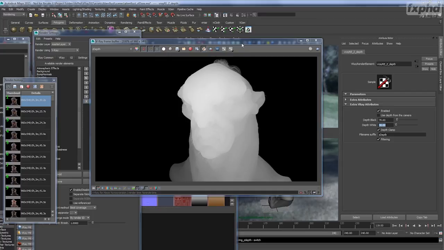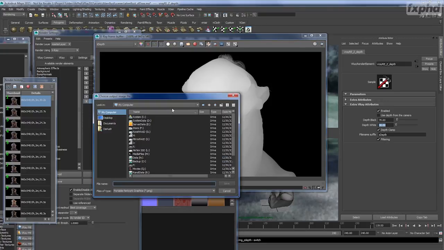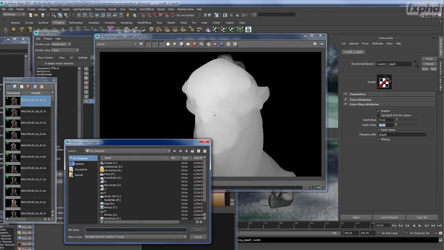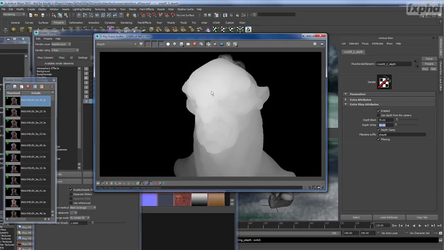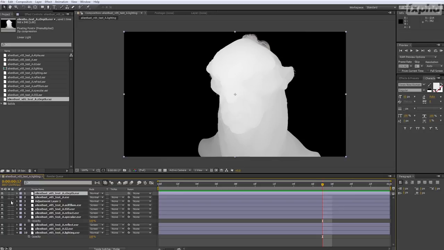Now, as a quick example of how to use the Z depth pass, I'm going to go ahead and click the single disk icon, this top one, to save out this Z depth pass only. Doesn't save everything out. I've already done that. We'll go into my After Effects comp, and I'm going to bring the Z depth EXR right into my project here. Now for After Effects, I'm going to pull it in to my top channel there, and I'm going to take